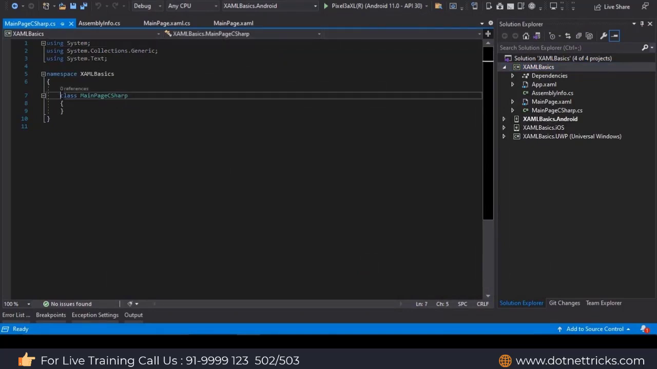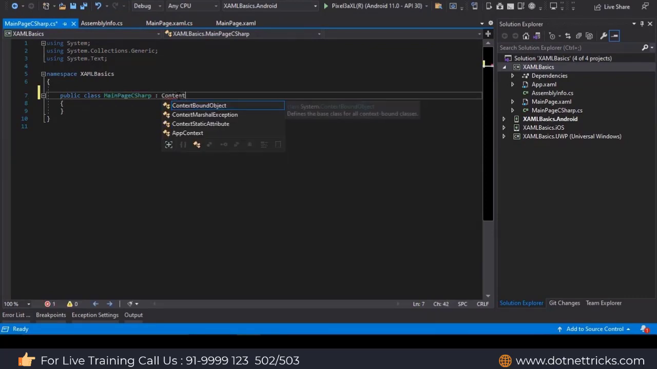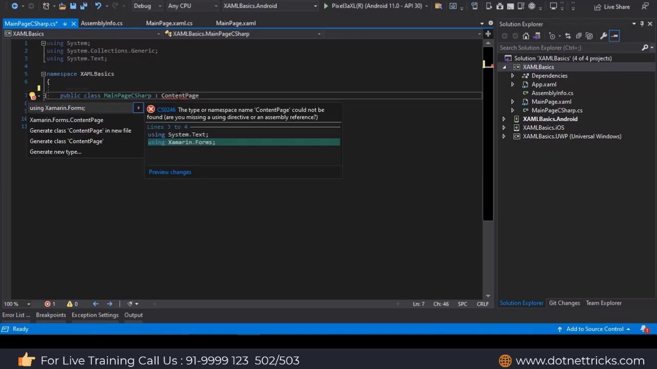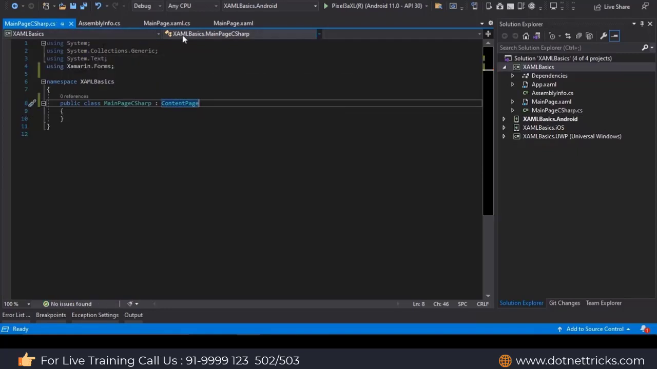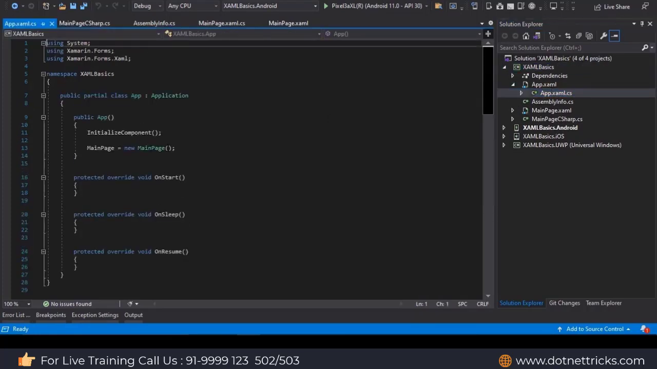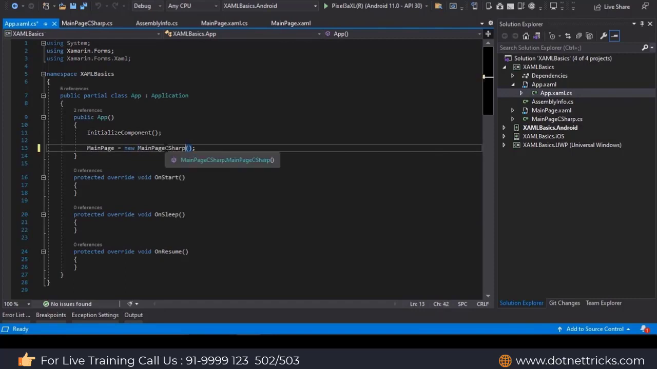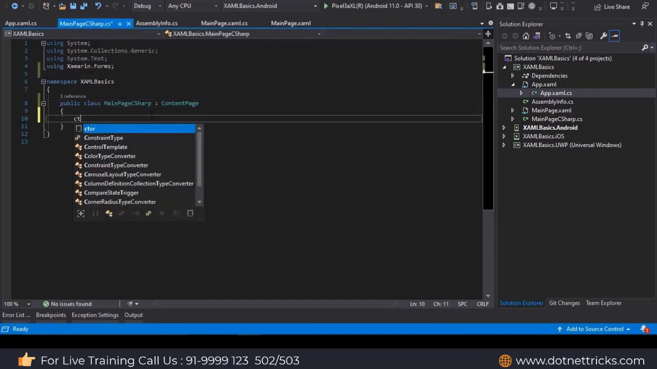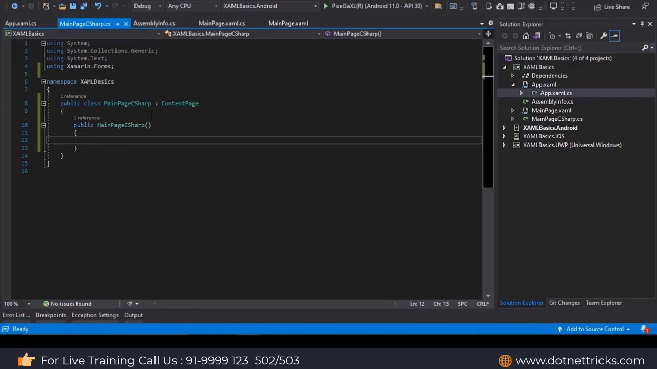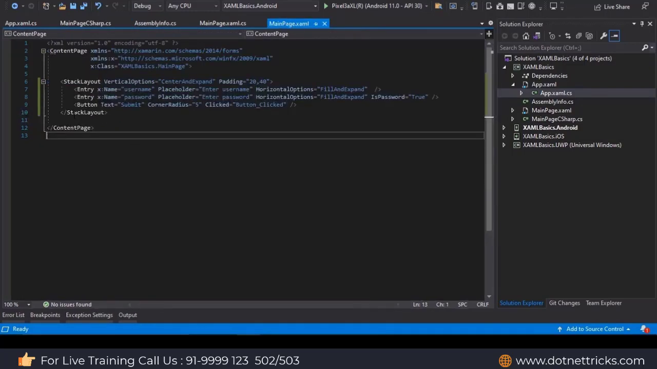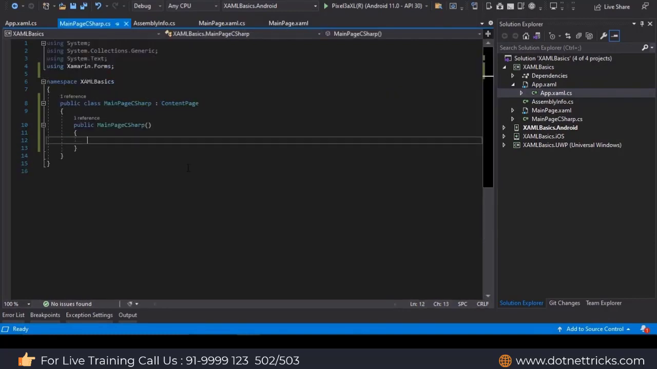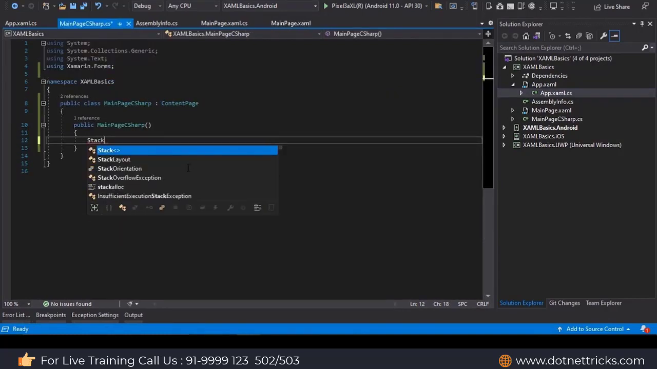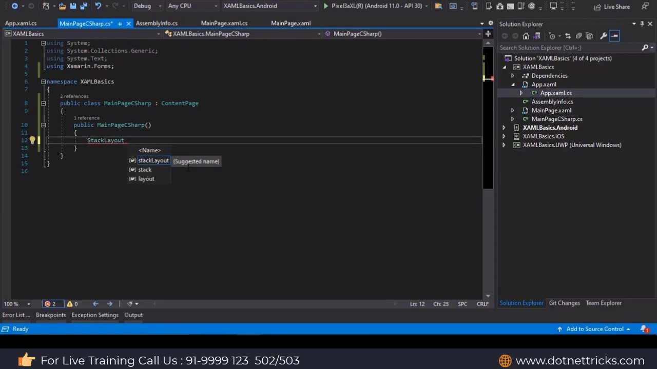So this is pretty much going to be my content page. Let me derive it from ContentPage, which will be in Xamarin.Forms. Also let me set the main page of the application as MainPageCS instead of MainPage. Alright, so let's start writing the code, which is exactly equivalent to the code which we have written here. At first I need a stack layout. So let's create a stack layout and name it mainLayout,